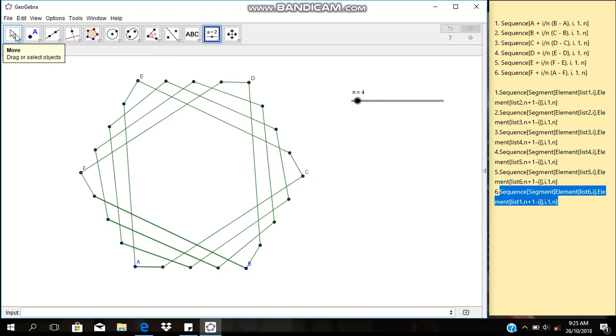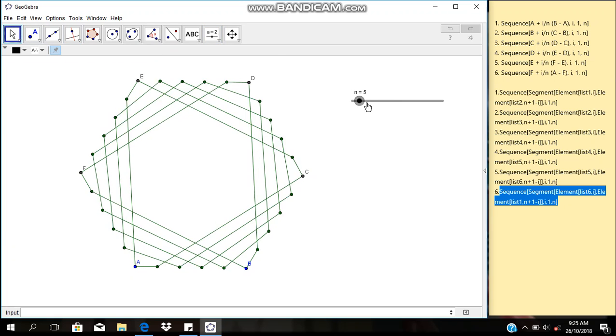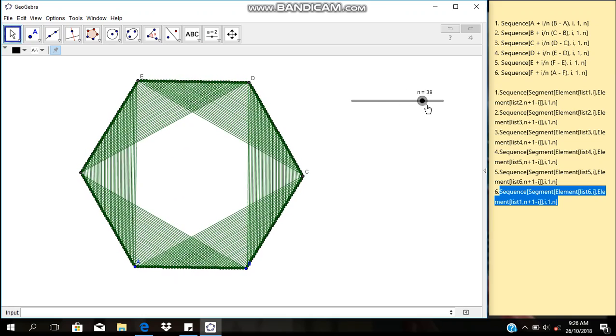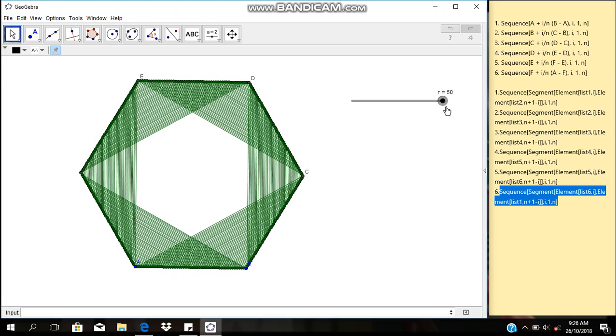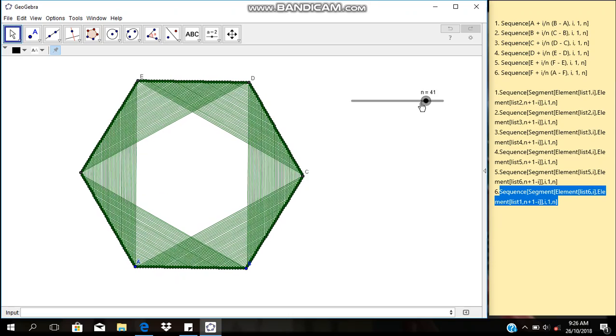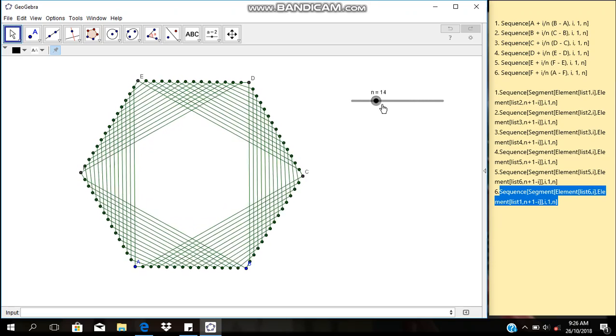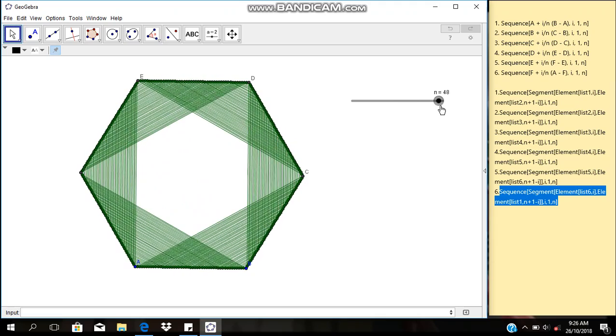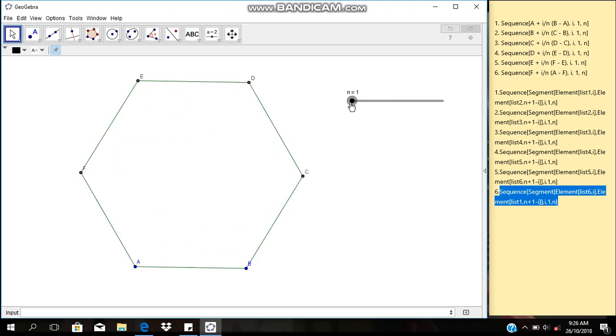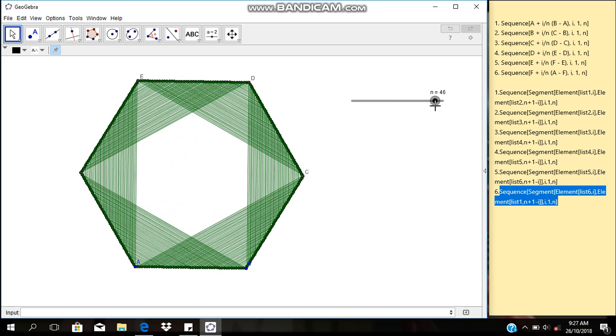By the way, every time you need to check if the pointer is on the move, drag or select objects. Let's try to move this slider. There you go. As we move the slider, we created new art. There you go. This is what we call string art. By the way, you can enhance your string art by changing its